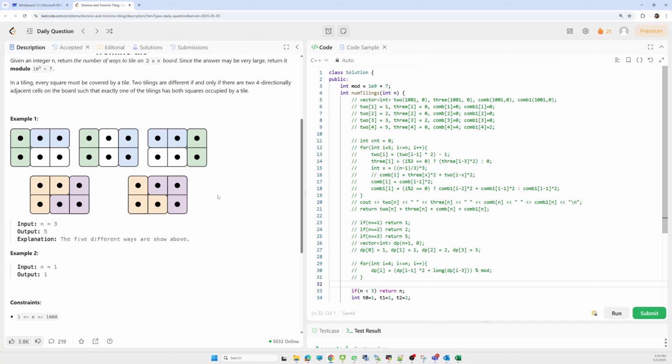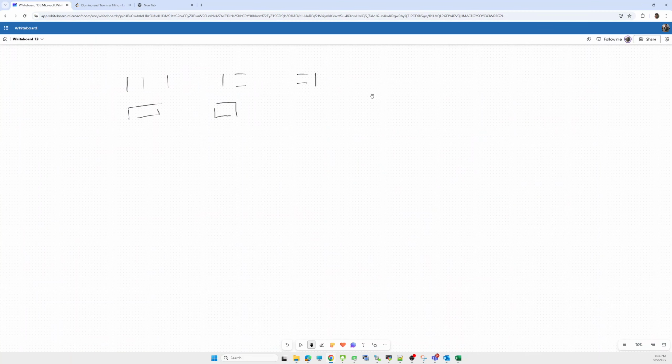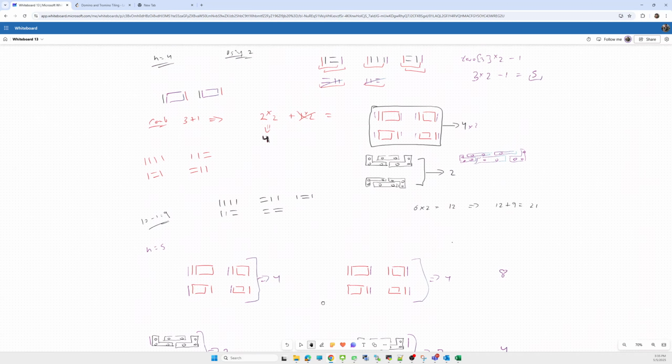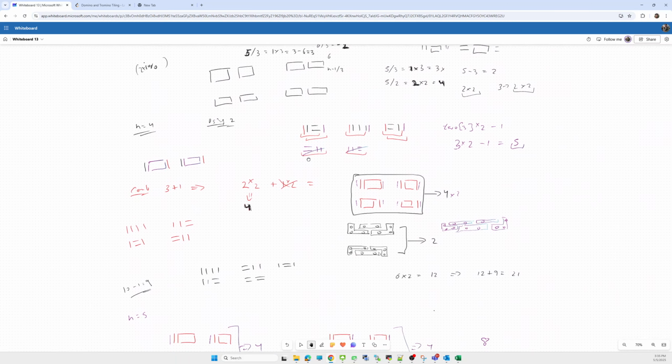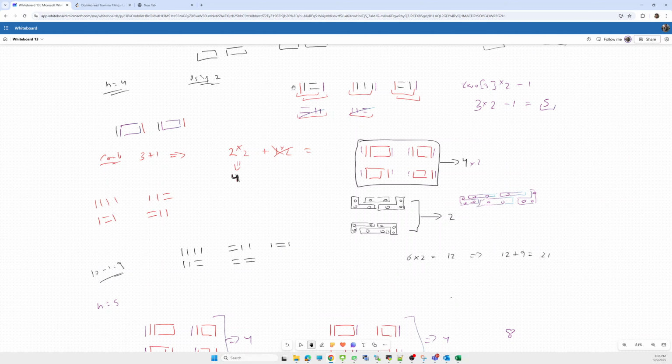The pattern I see is this: if I want to make the number of patterns for n equal to 4, I look at what changes I have to make from the previous one. This is the previous intuition. Let me change my color.